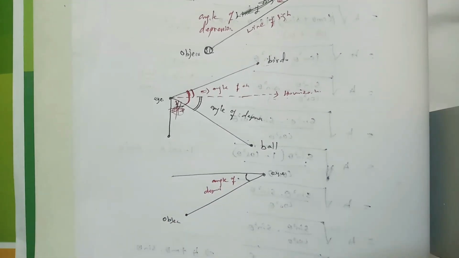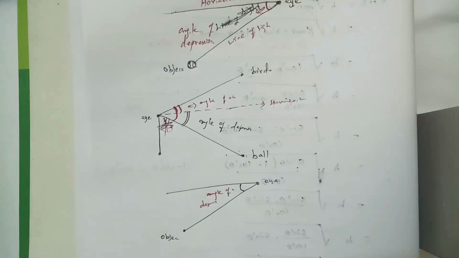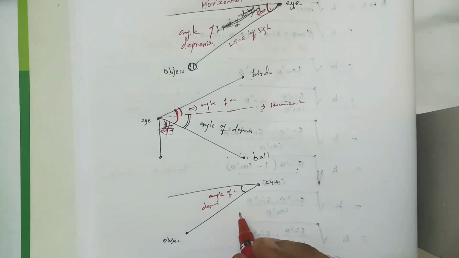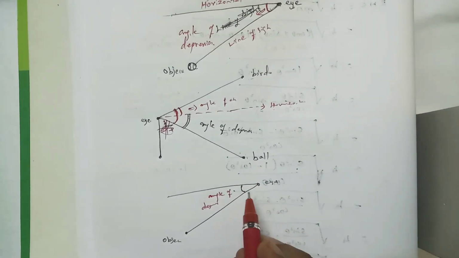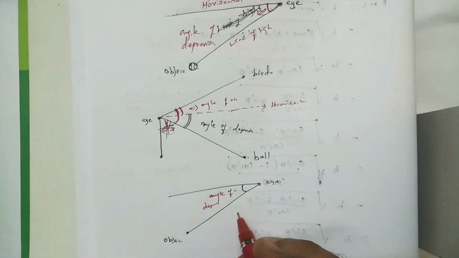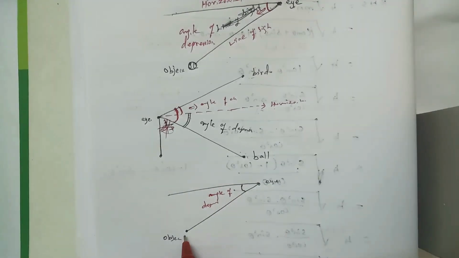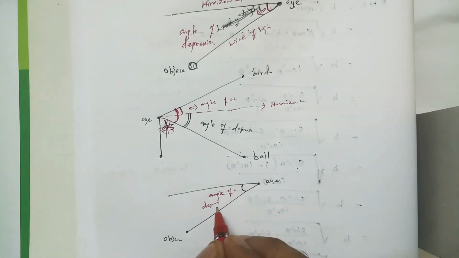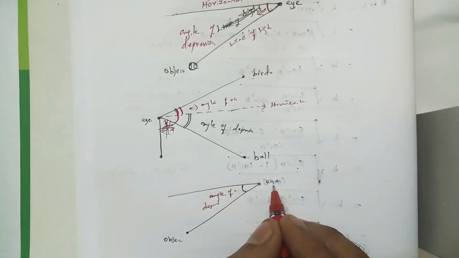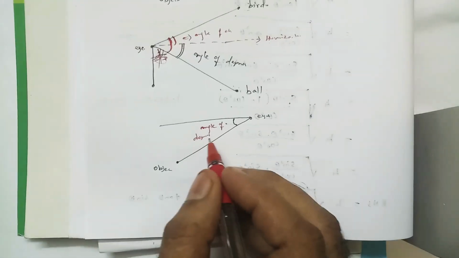Now we want to know, this is very important, because while solving we will solve so many sums. Not only for the angle of depression, we can draw it for the angle of elevation also. See, this is the horizontal line and this is the line of sight, and in between we are getting the angle of depression, because the eye is at the top and you are observing the object below. That's why this angle is called the angle of depression.